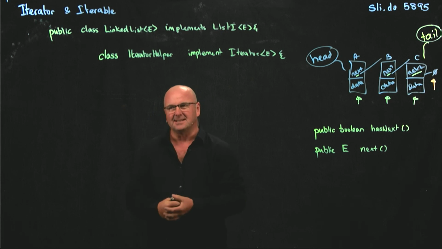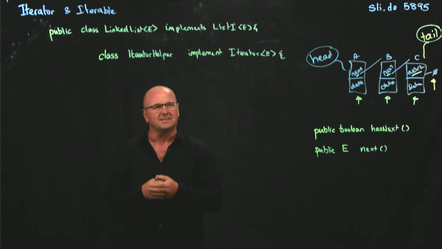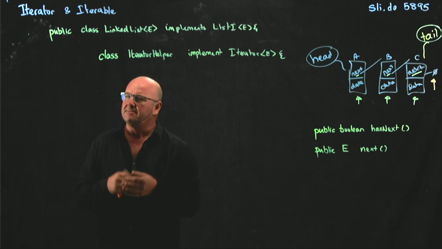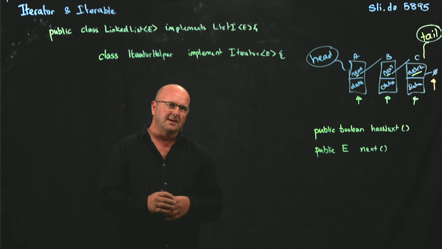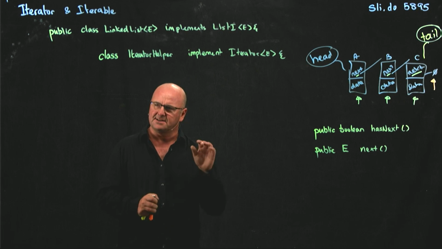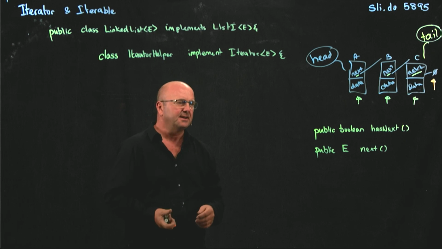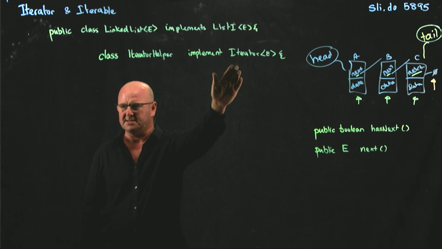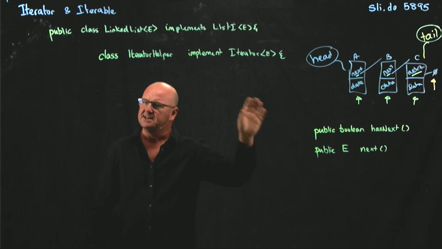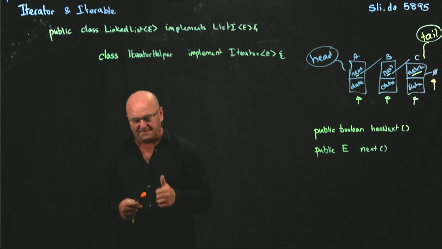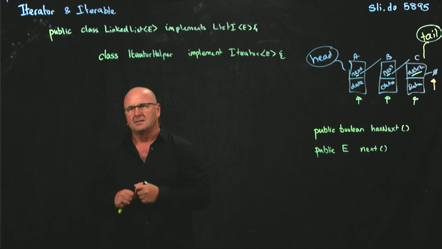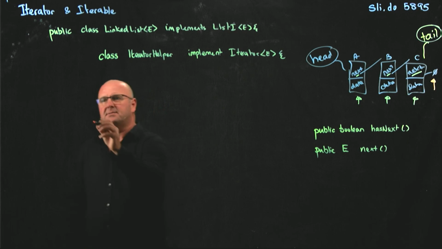And the reason is that between Java 1.7 and Java 1.8, they made a bunch of changes to Java. And one of the changes that they made, actually two of the changes that they made, affect the Iterator interface and are going to affect the implementation of this. Okay? So the first change that they made is that in Java 1.8,